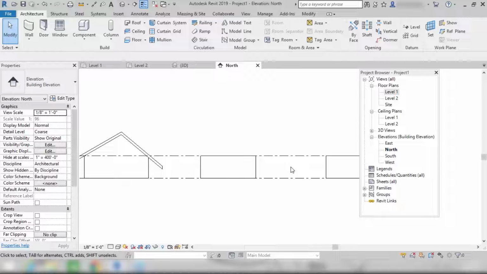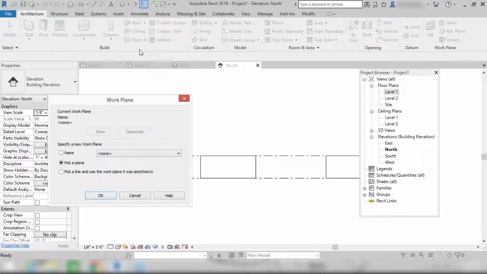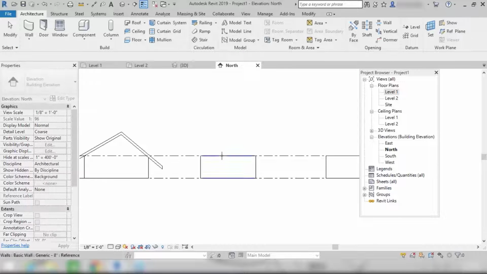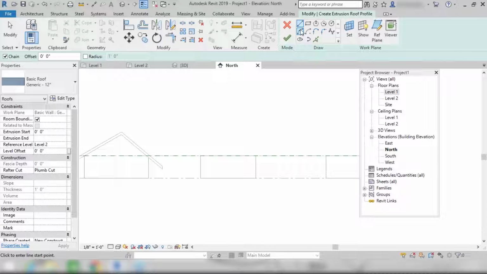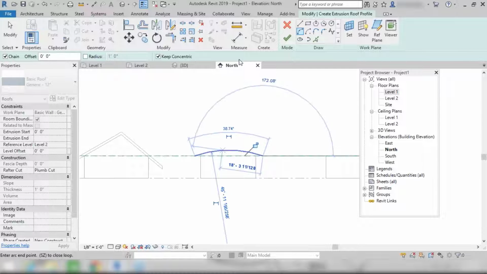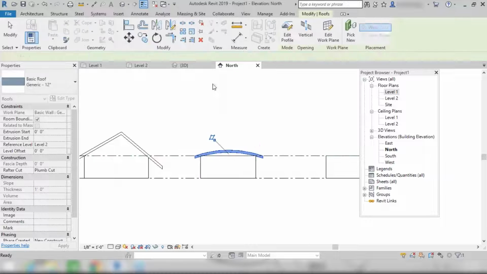Let's suppose you want to create any other roof over here. So for that, I'm switching already to my north elevation and go to this roof by extrusion, right? Pick a plane setting. I'm picking this as my plane. Okay. After that, let's suppose I want an arc over here. So I can create an arc like this.